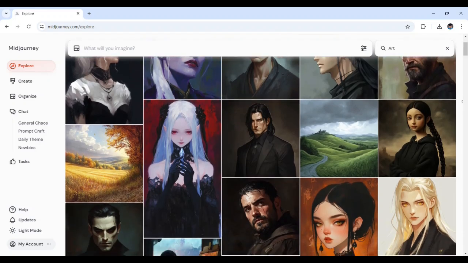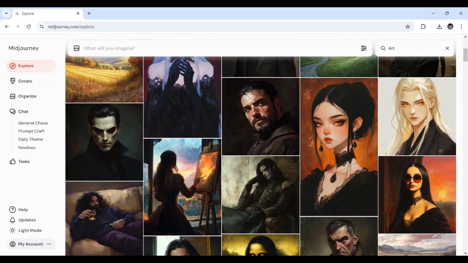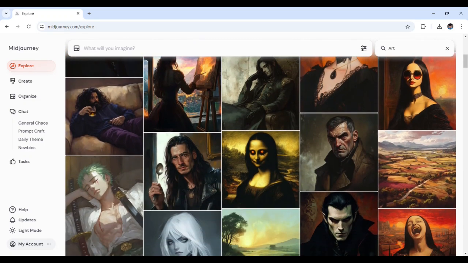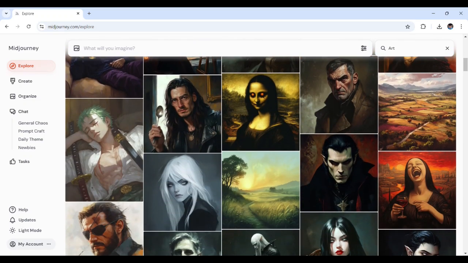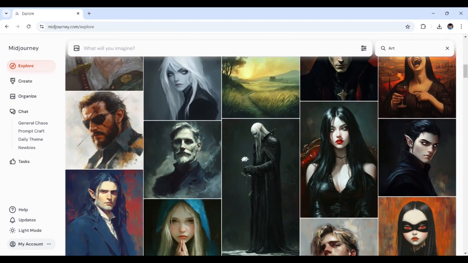Welcome, everyone. Today we're diving into the creative world of MidJourney, where we're going to explore different art styles. Stick around as we'll be walking through some unique styles and showing you exactly how to generate stunning artwork with